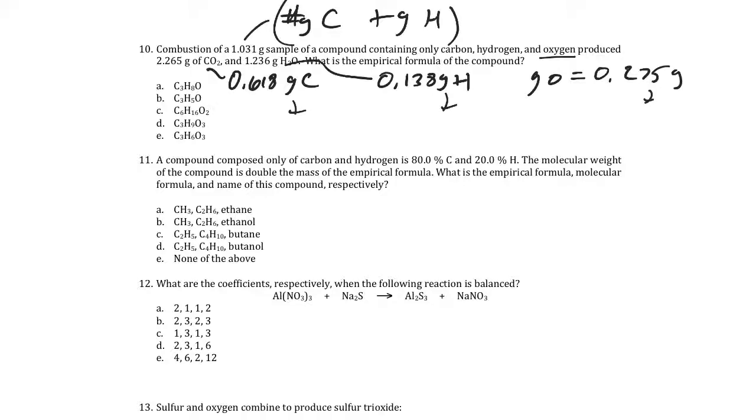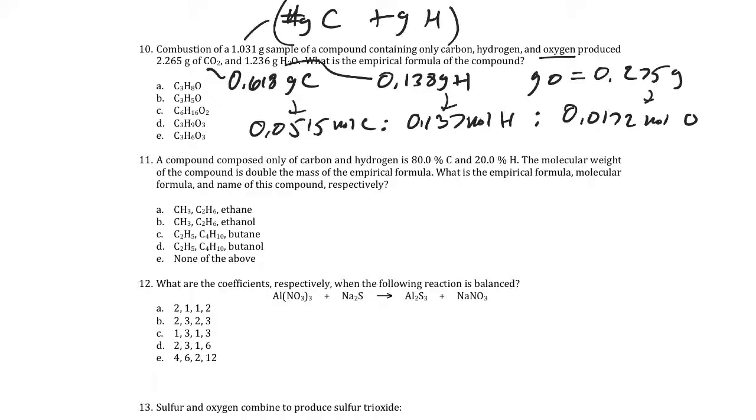So the moles of carbon, 0.618 divided by 12.01 would be 0.0515 moles of carbon present in a ratio to 0.138 divided by 1.008. So that's 0.137 moles of hydrogen present to every 0.275 divided by 16, which is 0.0172 moles of oxygen. So then in terms of a simple whole number ratio, 0.0515 divided by